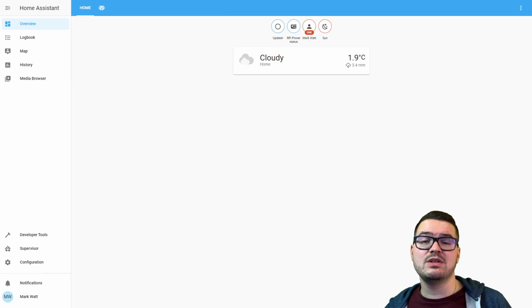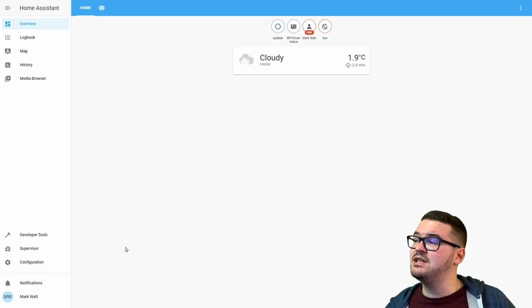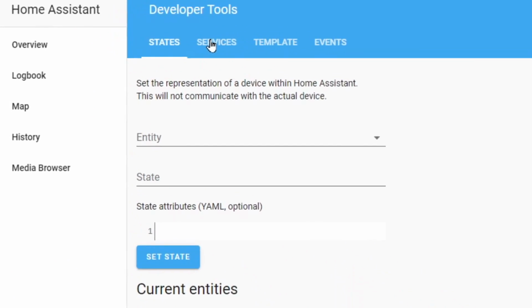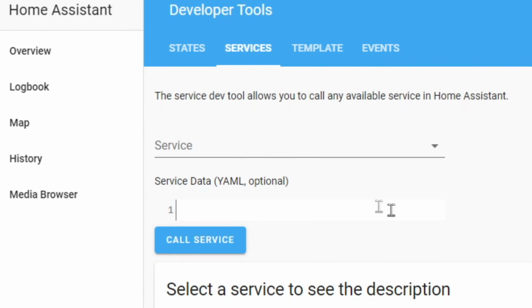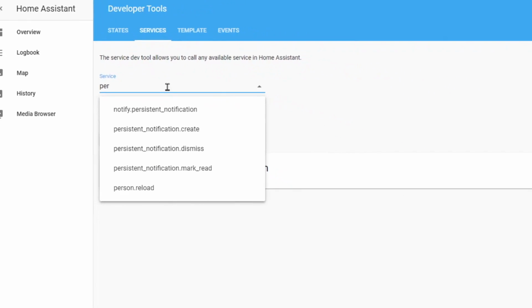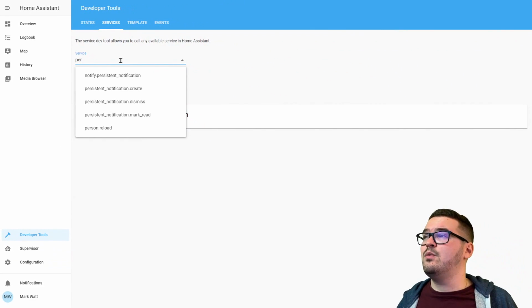For this, we're going to be using the developer tools. So navigate to developer tools on the sidebar on the left here. Once we've opened that up, on the top bar, you'll see an option for services. So just click on services. With services, there's a drop down menu here, and we're going to click in there and start typing persistent. Once you do that, you'll see a few options pop up, and we want to choose